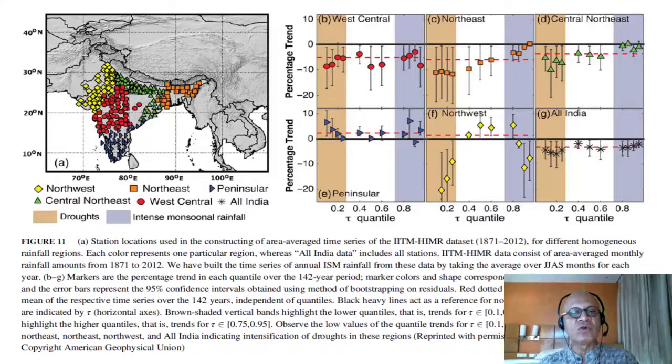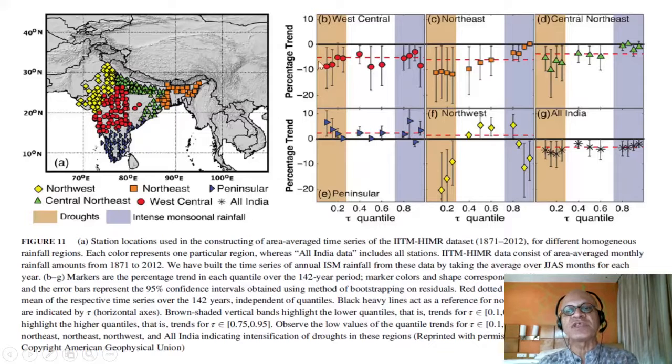This study basically looked at the 142-year long time series over these homogeneous regions and the all India regions, and in terms of percentile or quantile changes. So low quantiles, which correspond to dry regions or drought, trends towards drought, and these blue regions where there is trend towards floods. So the figure looks a little bit complicated, but essentially what it has done is shown the long-term average trend